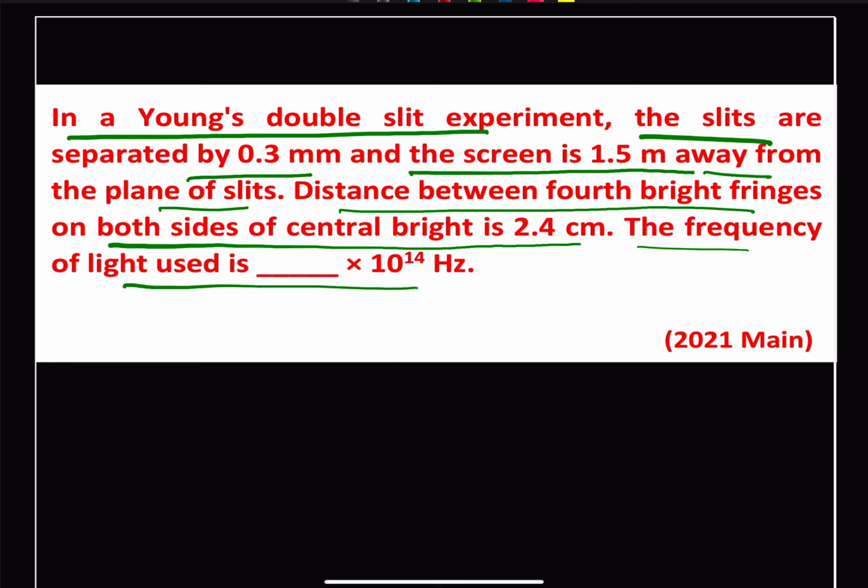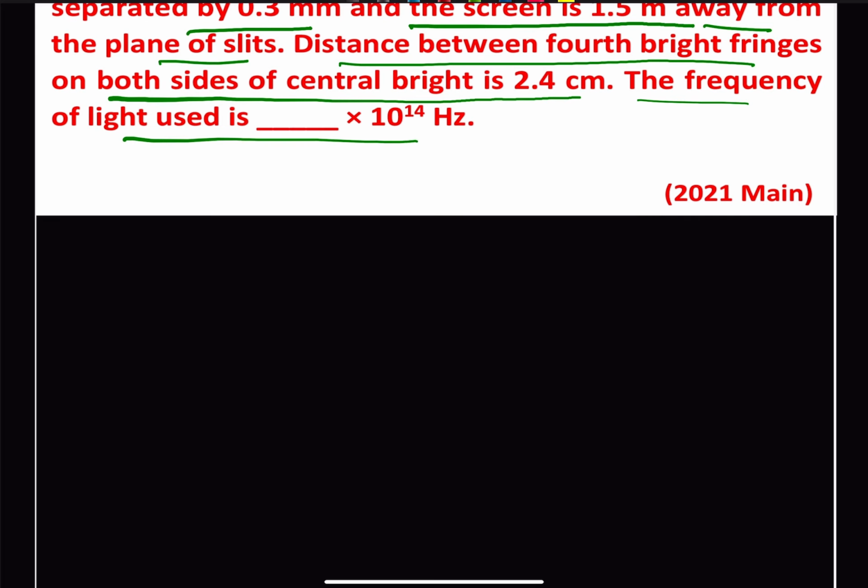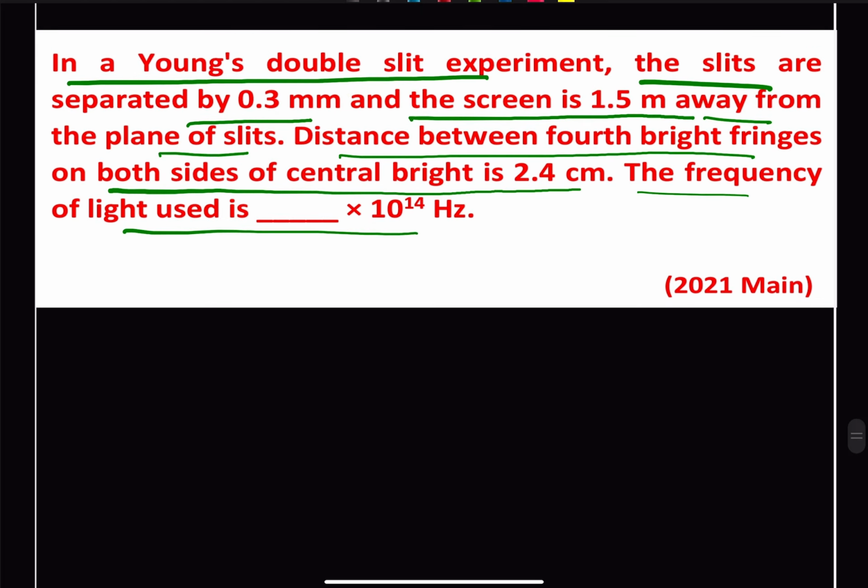So here we are given the distance on both sides of the fourth bright fringe. So we can just write the data which is given to us. So small d is given to us 0.3 millimeter. So we get this as small d is equal to 0.3 into 10 to the power minus 3. Capital D is given to us 1.5 meter,